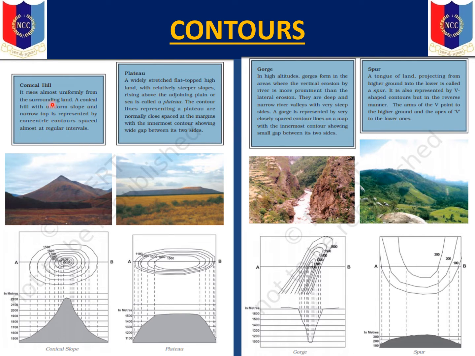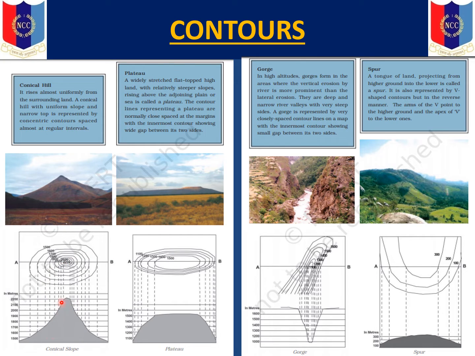Now the difference between a hill and a plateau. As we have seen earlier, a plateau is a tabletop kind of arrangement. See the contour lines: because this area is steep, you have the contour lines closer here. There are no contour lines here because the elevation or altitude from the mean sea level is generally the same. Since the contour interval here is again 100 meters, there is hardly any difference in elevation above 1500 meters till the top of the plateau. That is why we don't have another contour here.